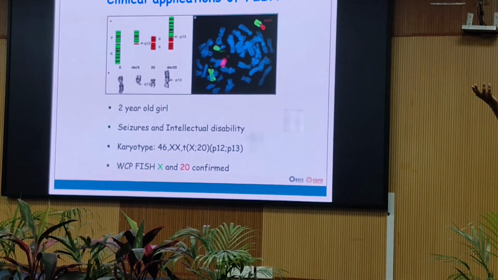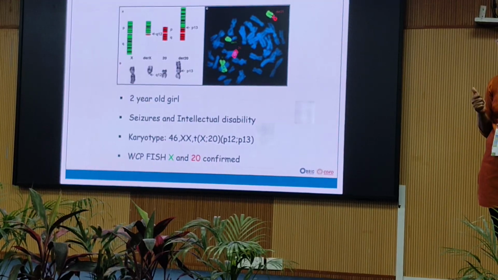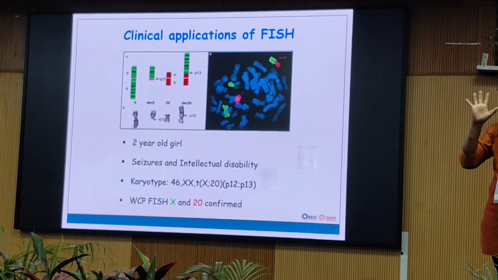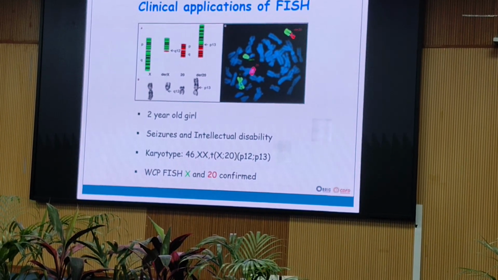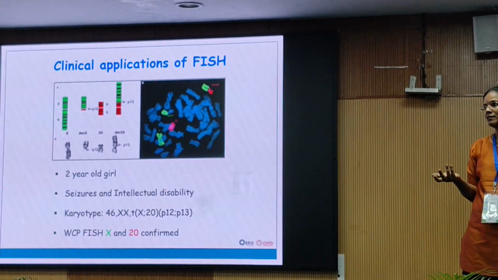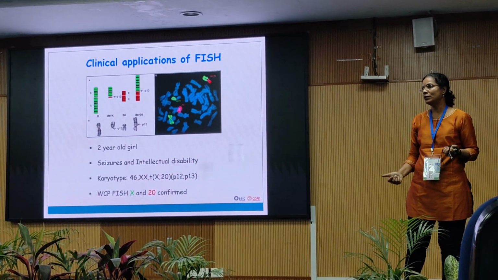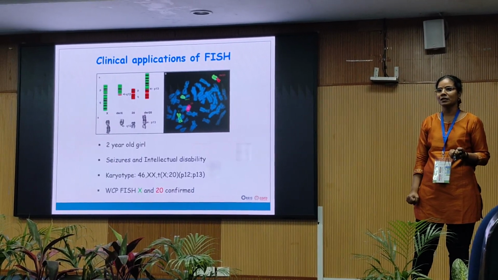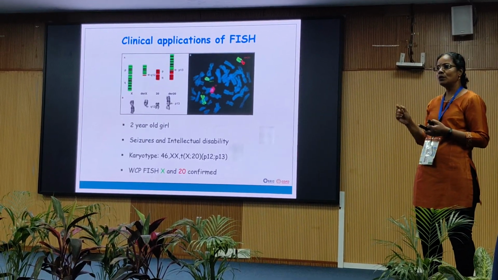Now, how much time will it take to do a whole genome? The Human Genome Project involved the genomes of only 5 individuals combined. Now you can sequence in 48 hours and then analyze. You can do whole genome sequencing. So FISH can also be used in these mapping studies.